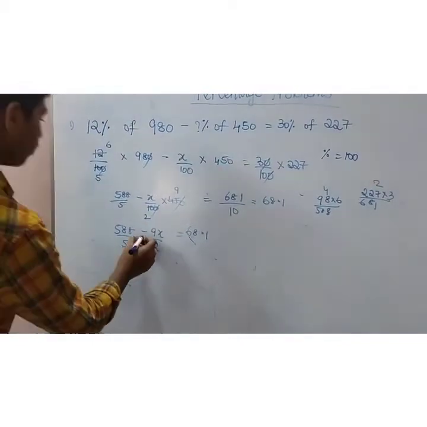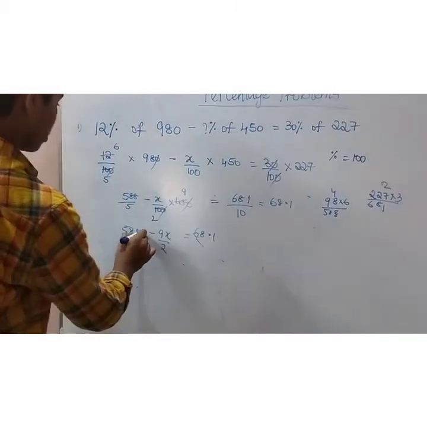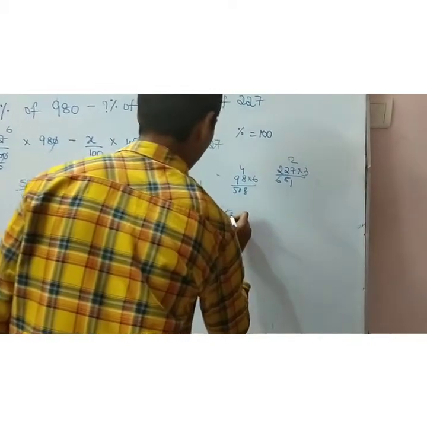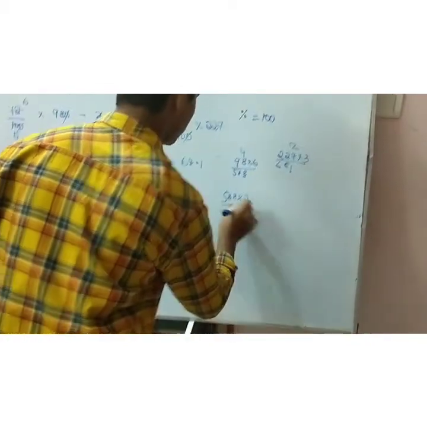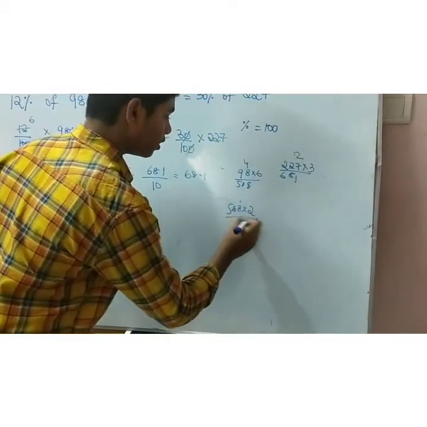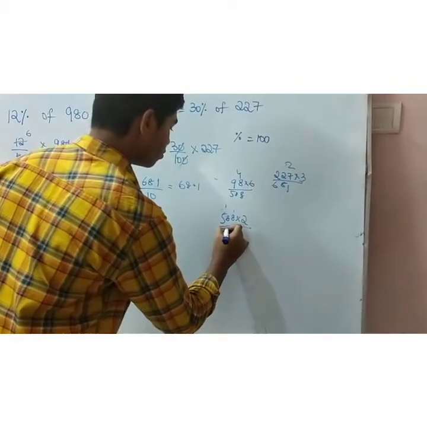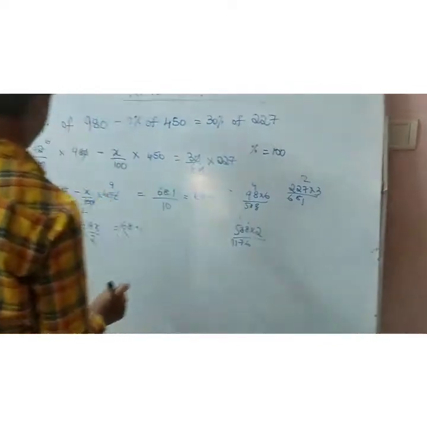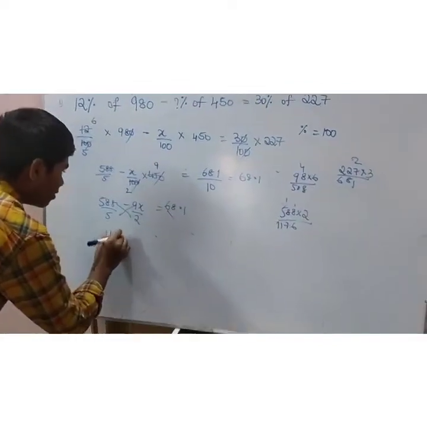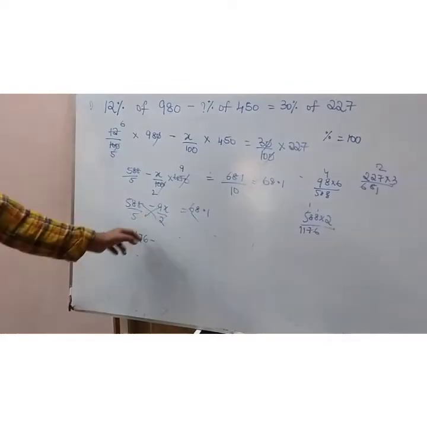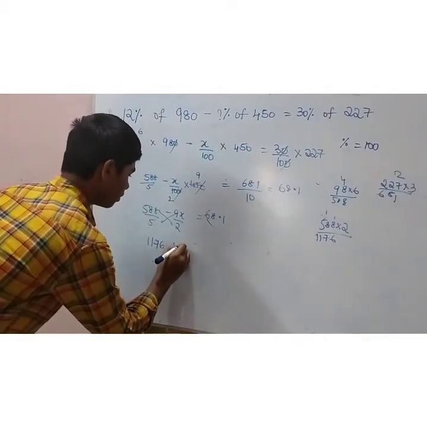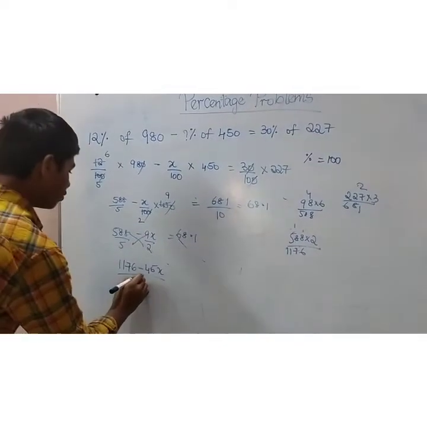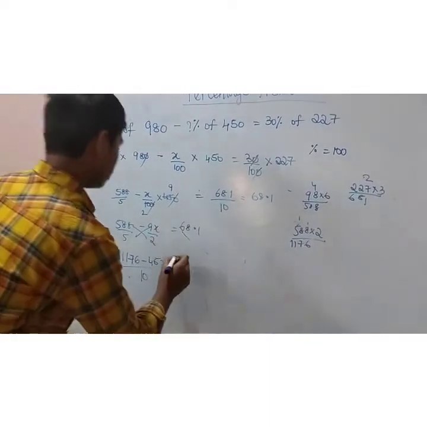Now we want to cross multiply and subtract. 588 into 2 is 2 8 16, 16 plus 1 is 17, 3 5 10, 10 plus 1 is 11. So 1176 minus 9x into 5 is 45x, divided by 5 into 2 is 10, is equal to